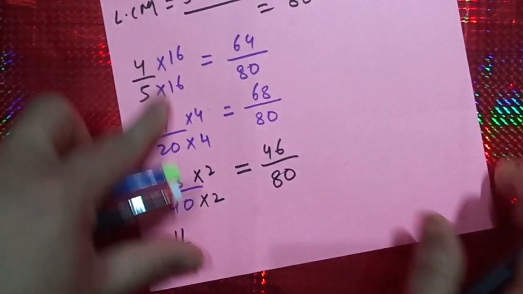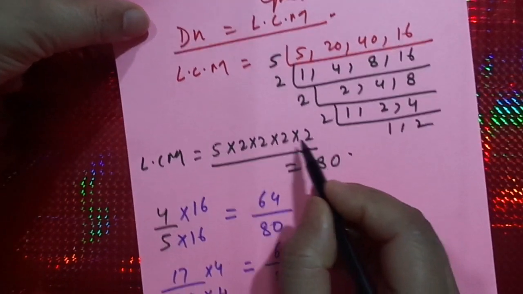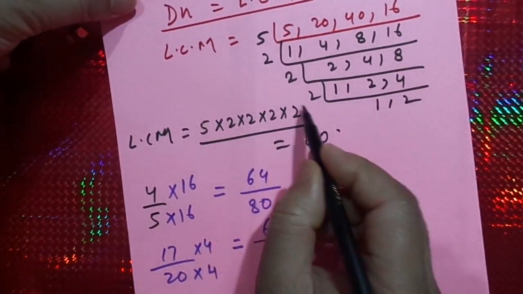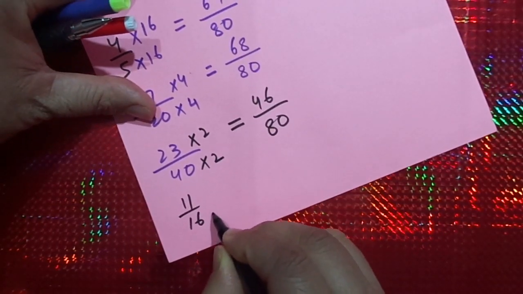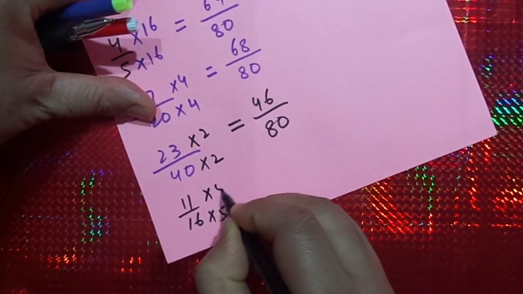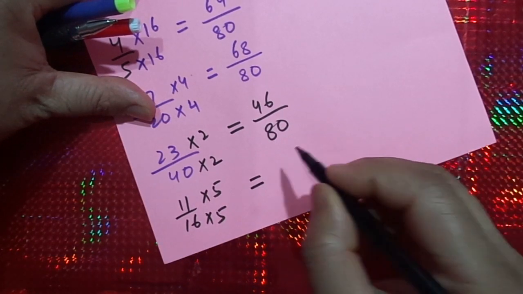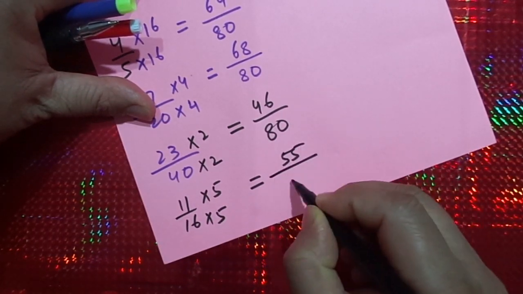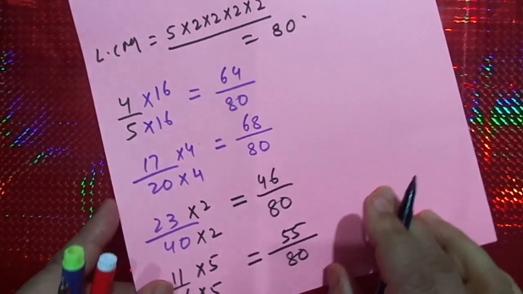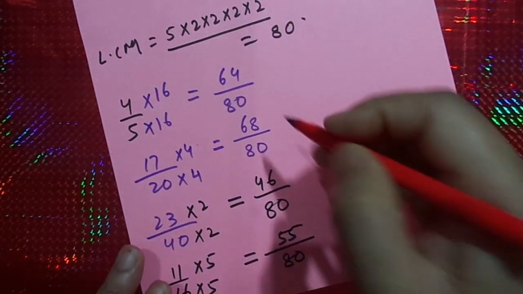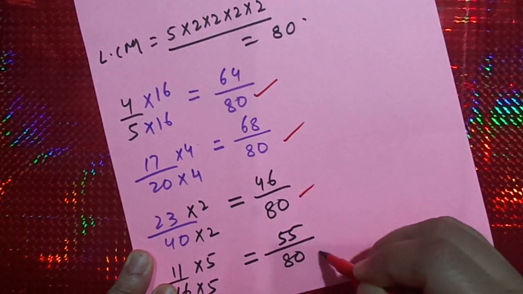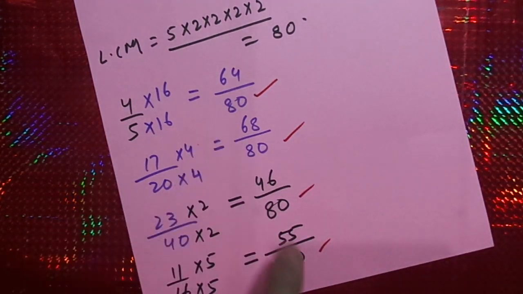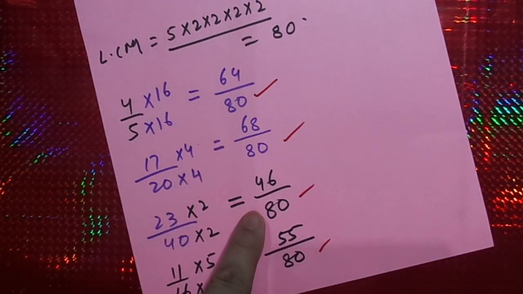Let's remove 16 from here, okay? So 2 2s are 4, 2 4s are 8, 2 8s are 16. When I remove 16, I get 5. So I am going to multiply with 5 in the numerator and the denominator to get 55 by 80. So what do we see? That these fractions have got converted to equal denominators, and after you have converted to equal denominators, you can easily